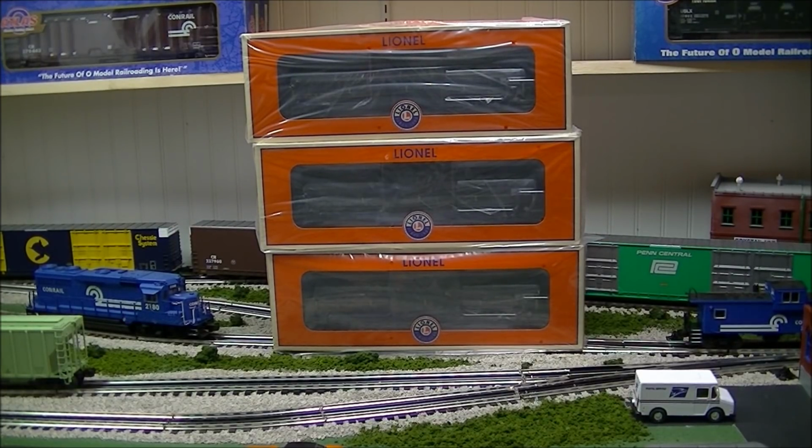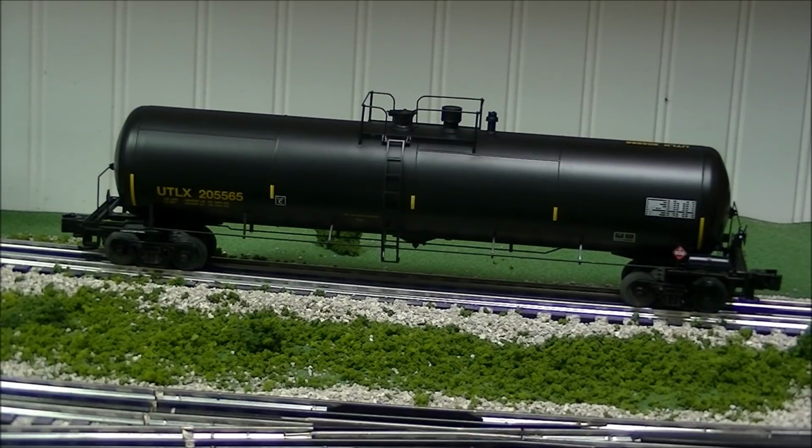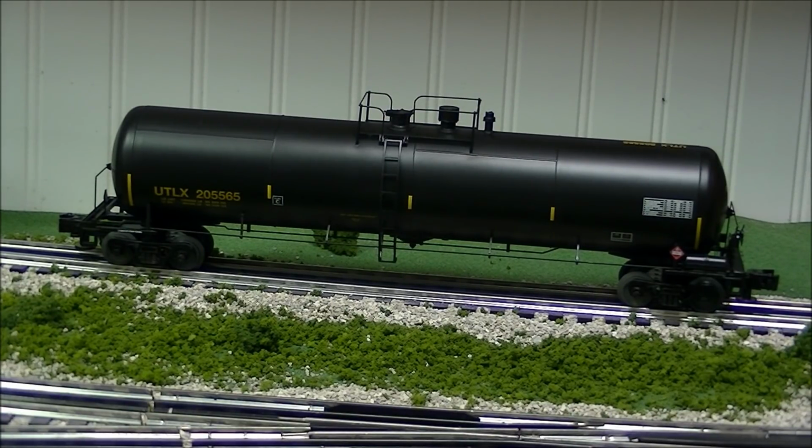So we unboxed our Lionel 30,000 gallon 3-pack tank car set. And they are individually packed, as you see, all nice and shrink wrapped for the safety of shipping. So we're going to go ahead and open these up, get these out on the track, and we'll take a look at them. So I got one of the tank cars unpacked, and this particular one is in the UTLX